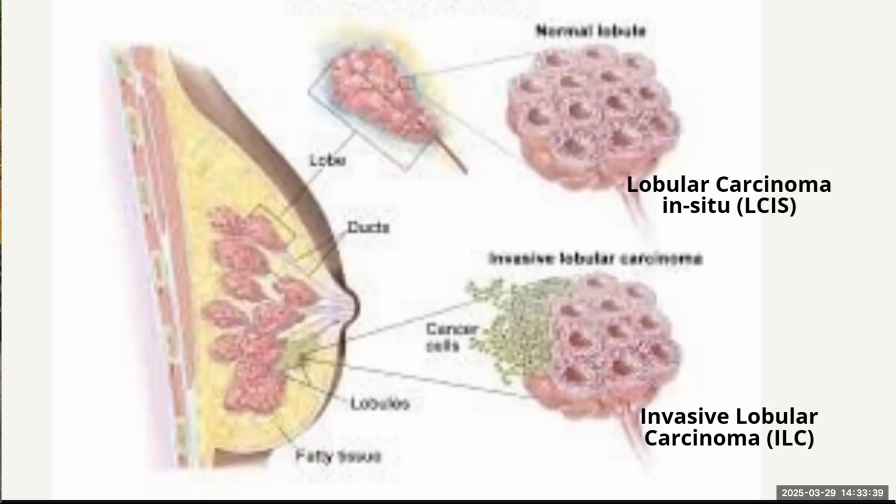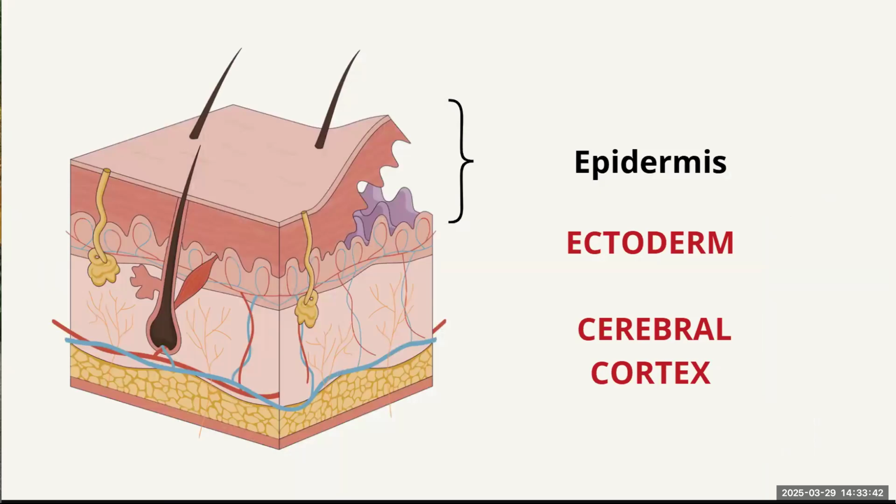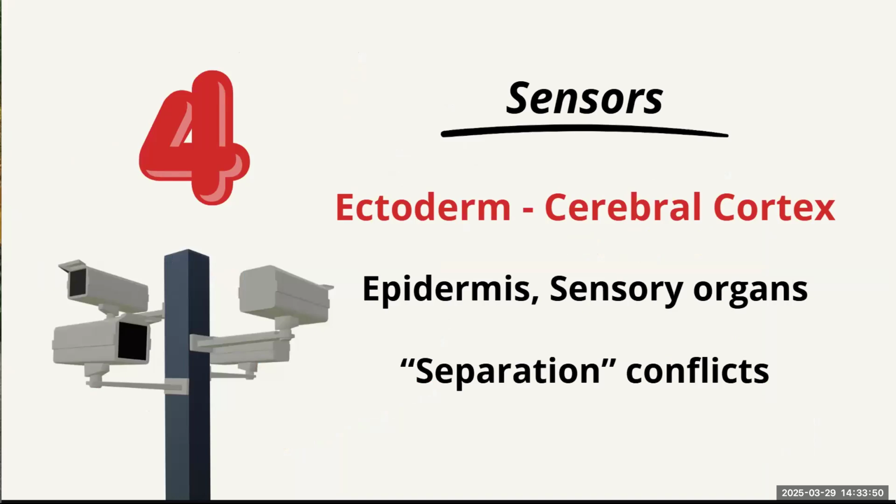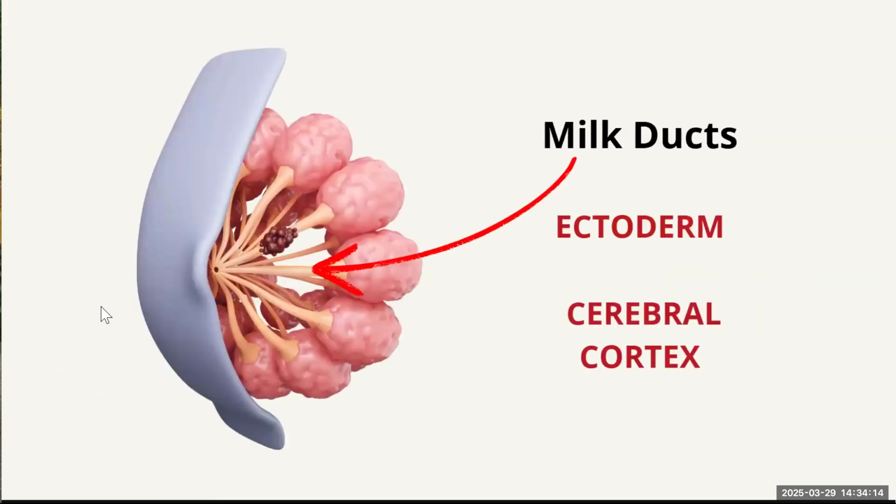All right. Now we move on to the epidermis, which is very similar to the ductal breast duct program. And a reminder that the epidermis is part of the ectoderm, which is the newest layer, the fourth layer, the topmost layer, all about sensors for external stimuli. Under this are your sensory organs and epidermis. And the conflicts are of the theme of separation. If we apply that to the milk ducts, how did that become one of separation? Because